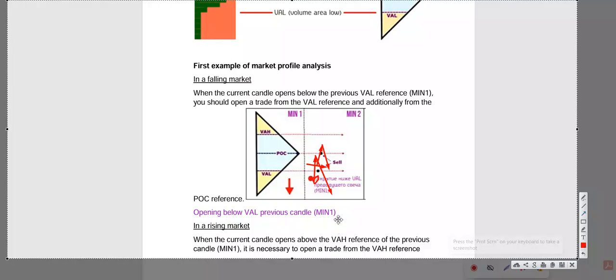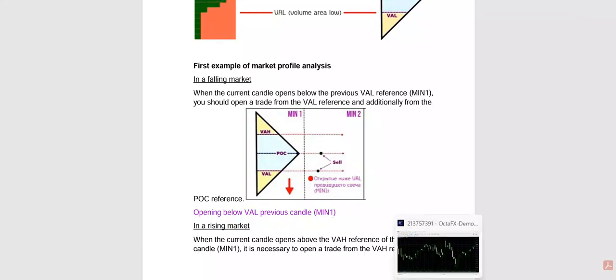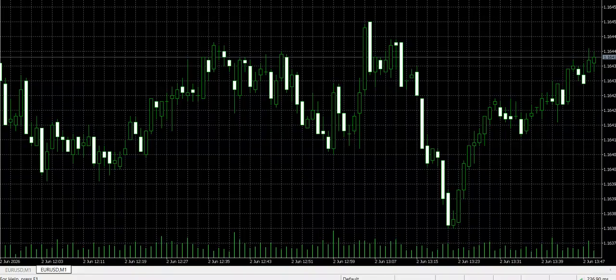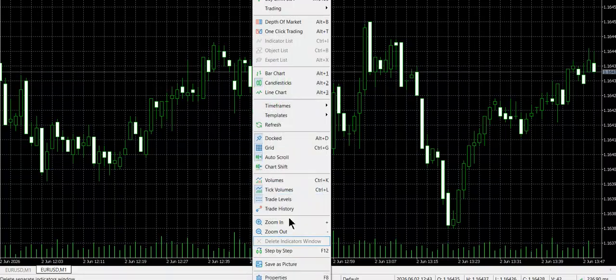Okay. Now we will find out all these sections on the chart. Now suppose this is our chart, a 1 minute chart. Then how will you do things? First of all,